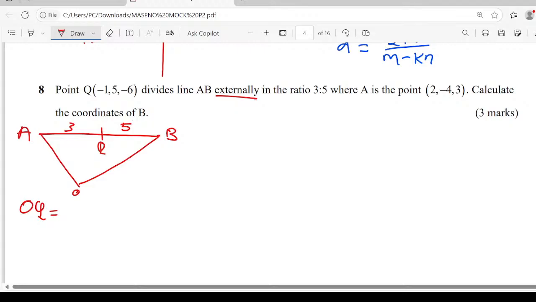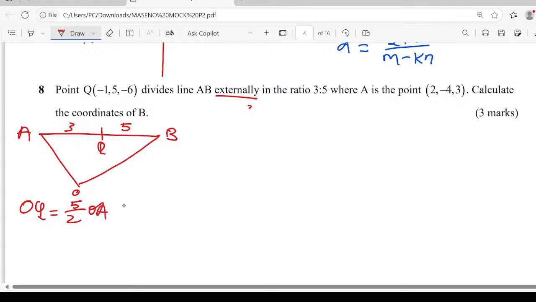The total ratio here will be 2. Hope you know that. And so this will be now 5 over 2 of OA